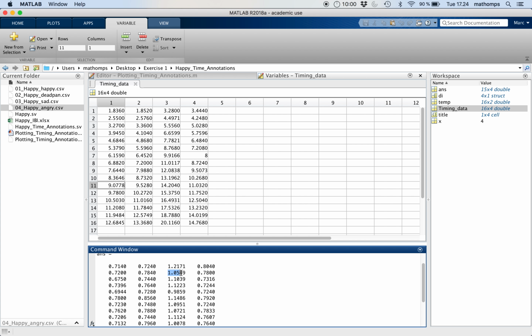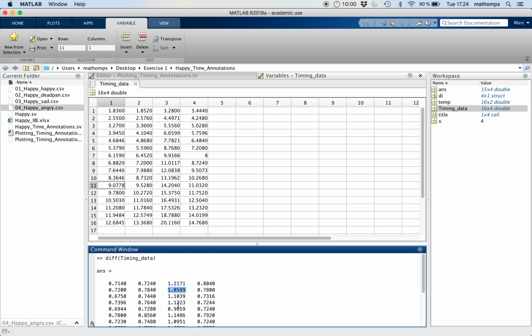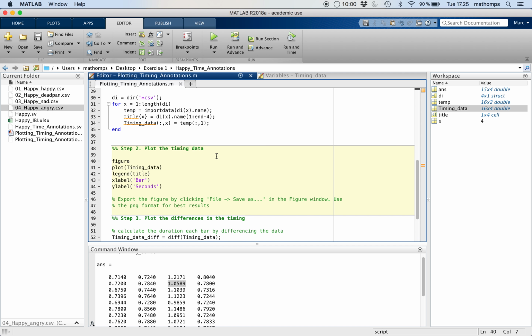Already we can see this piece, which is the SAD performance, is 300 milliseconds more, it's slower, or longer than the other performances. So I have a hunch that the SAD performance is going to be very different in terms of timing than the other three performances. Which brings me to the third part of